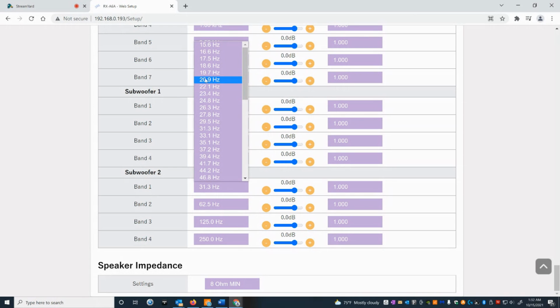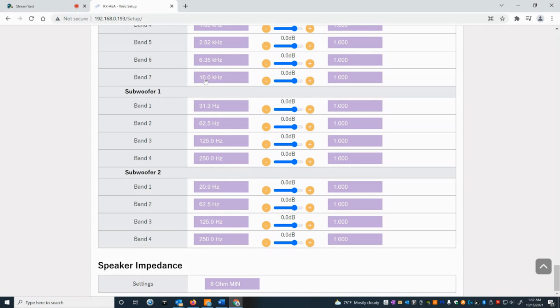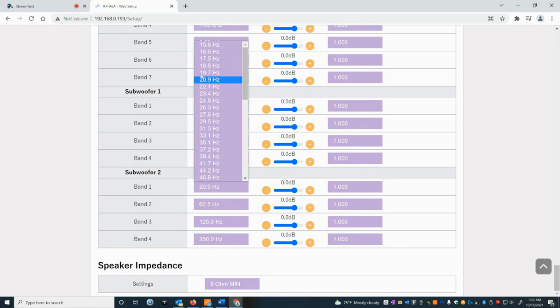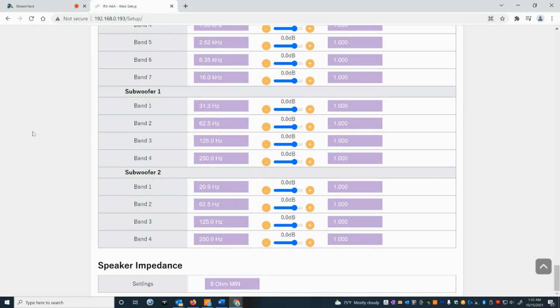So if you want to set a 20 hertz filter and you want to have a wide enough bandwidth to get meaningful correction down to, let's say, 15 or 10 hertz, you now have the ability to do that here by having this selectability. And of course, this damn impedance switch, don't ever set it to anything other than 8